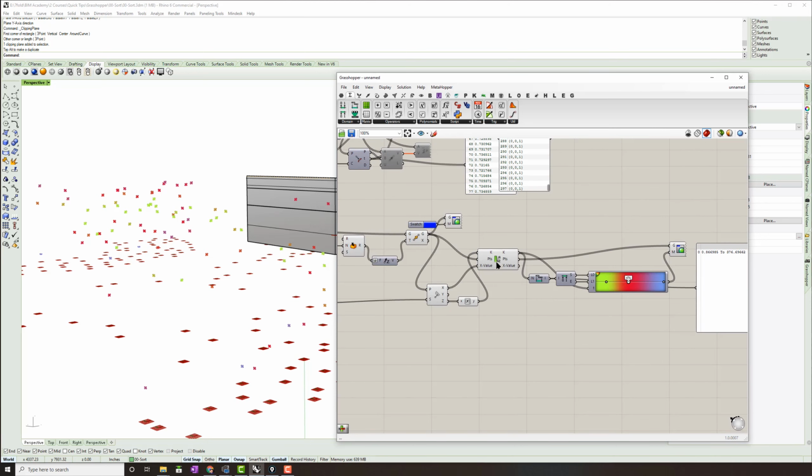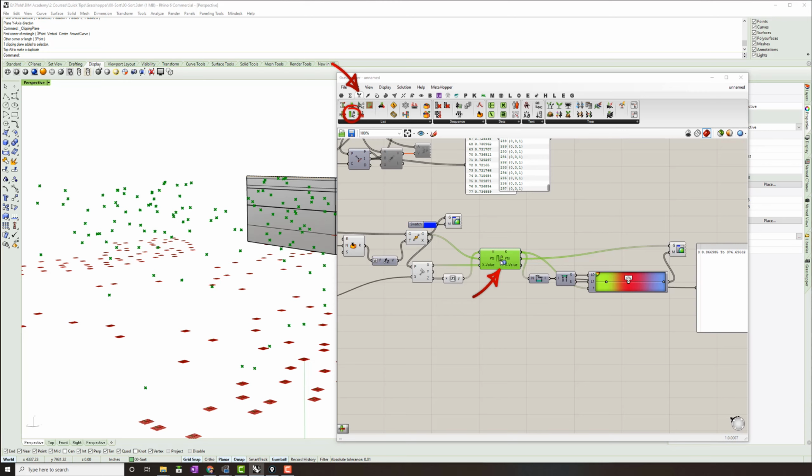So anyway, this is a little bit more complicated than I want to get into for this quick tips, but essentially the sort component, if you haven't used it yet, it's kind of a critical thing to understand in Grasshopper, and I hope you found this